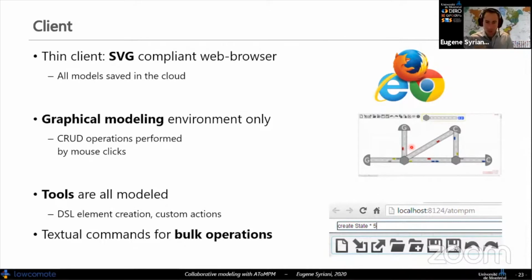And it comes with different tools and a complete plugin infrastructure. So each DSL is basically like a plugin that you add, and you can add custom tools to perform customized actions. And one of these tools is basically a bulk operation. So you can have this toolbar here, and for example, instead of repetitively creating the same element 5 times, you can just say times 5, and it will create it 5 times. We also have different mechanisms. We have complete workflows that are implemented that will just automate some processes, and you can customize your workflows as you want. So there's many tools, and they're all completely modeled within the tool.